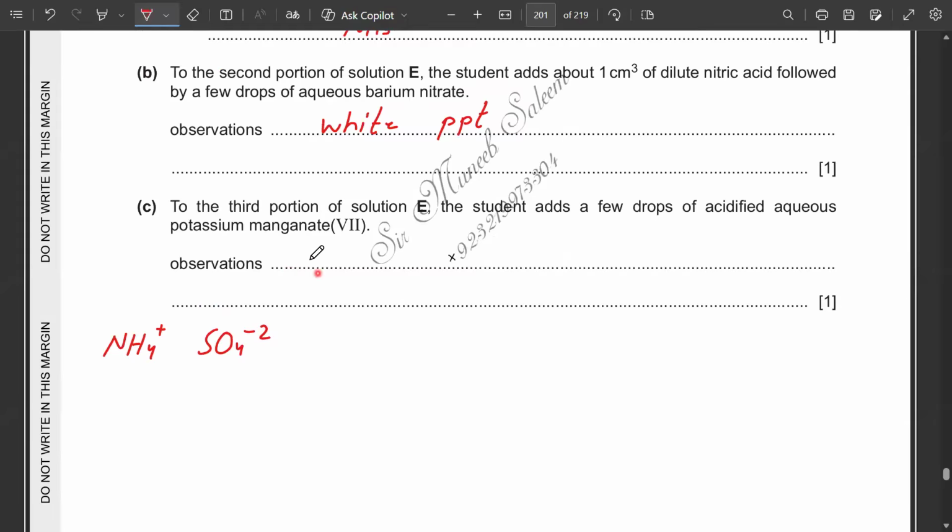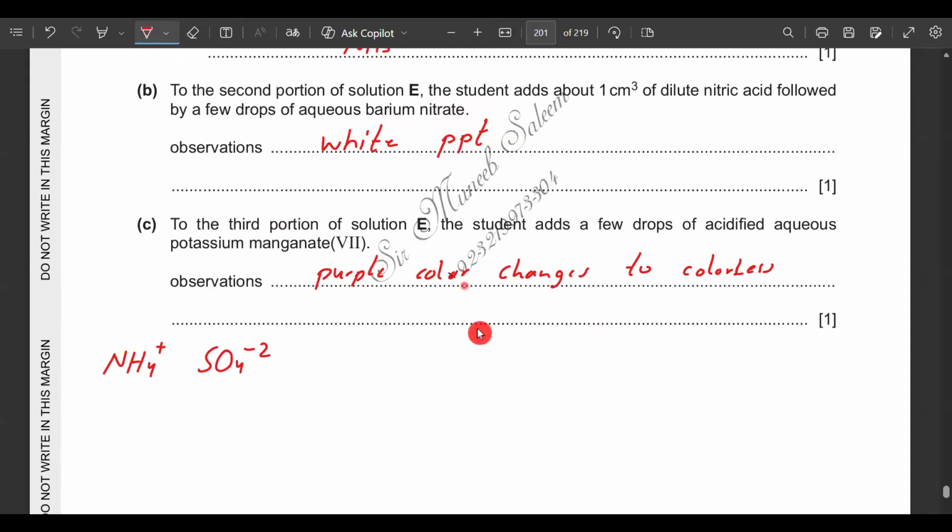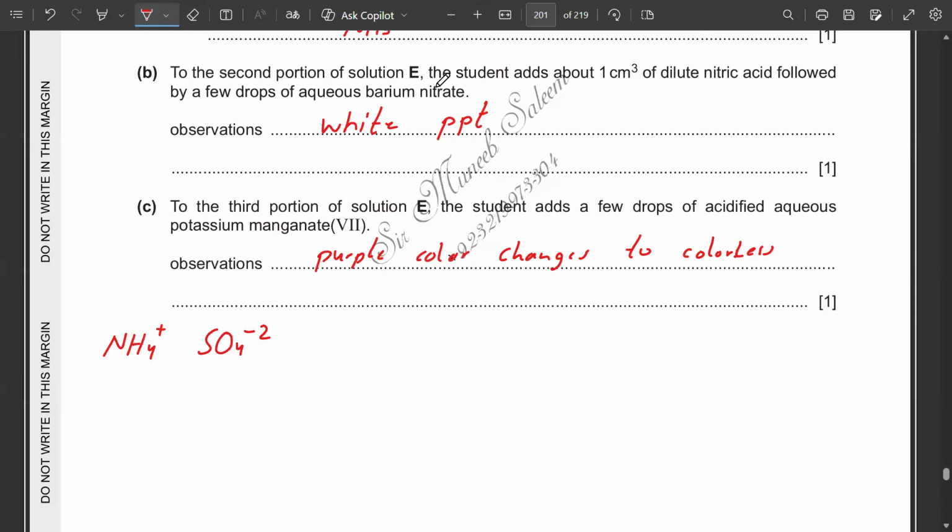So the observation will be that the purple color changes to colorless. And this purple color belongs to the potassium manganate. Potassium manganate color is changed from purple to colorless. However, if you look at the mark scheme, you will see they have instead written pink